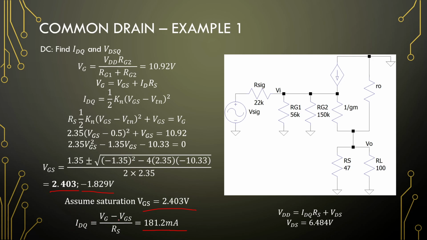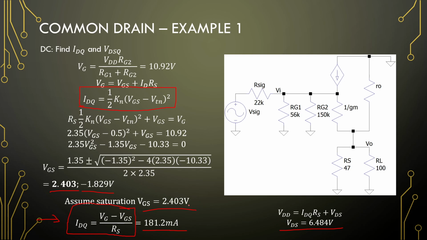When you get VGS, you can either use the one from Kirchhoff that we have, or you can plug everything back into this equation to find your drain current. This method is the easiest of the two. That's why I tend to forget about this one, but as a side note, you can use this equation also to calculate your drain current. Anyways, that will yield a VDS voltage of 6.5 volts,